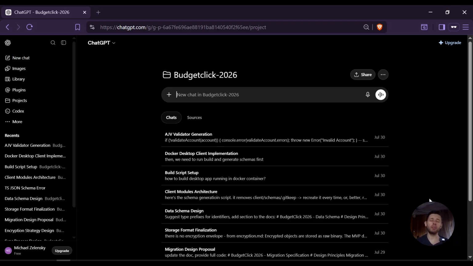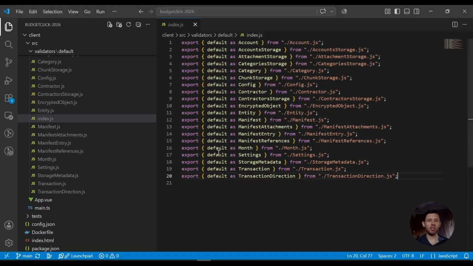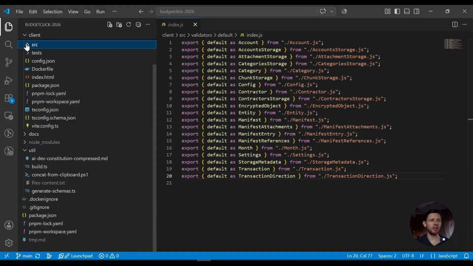The only backend component will be AWS S3 storage, extremely cheap, and it will be used only for data synchronization between the clients. In the last episode, we finished building the schema generator, and the next steps would be